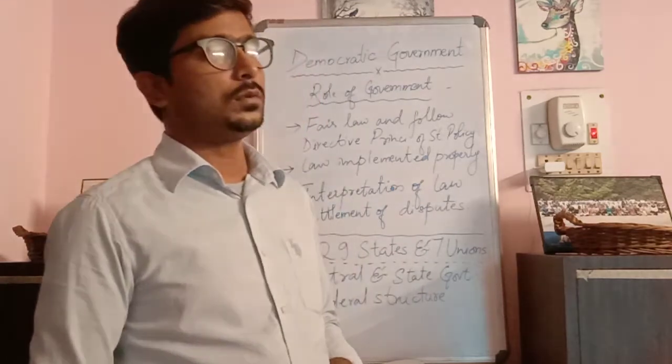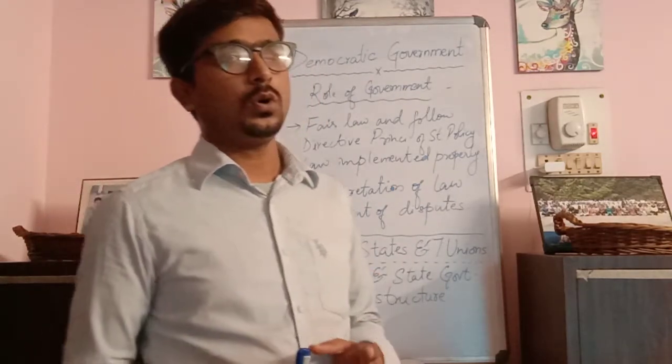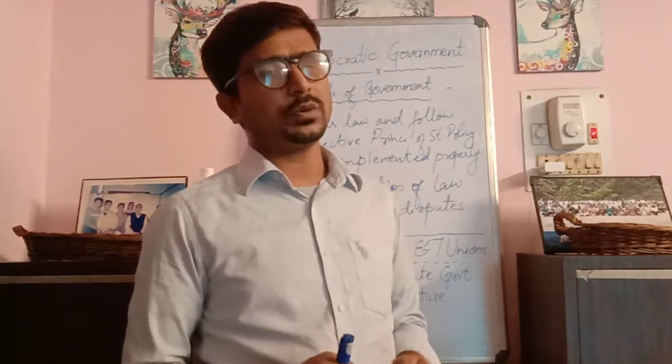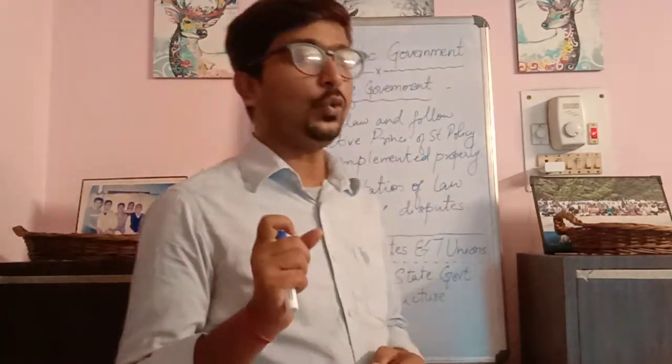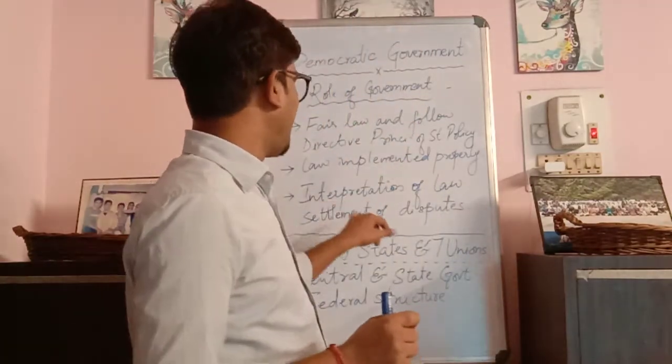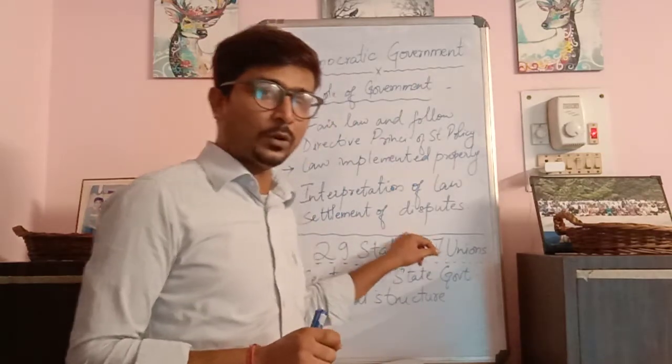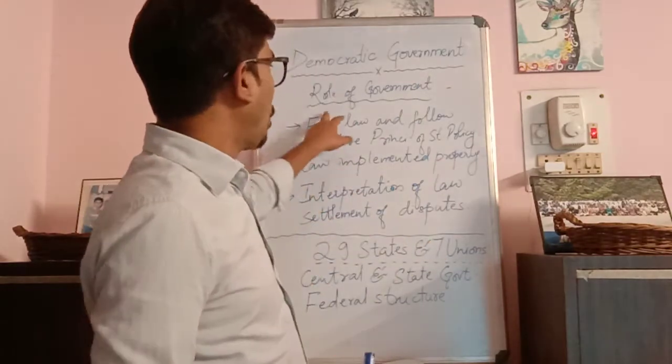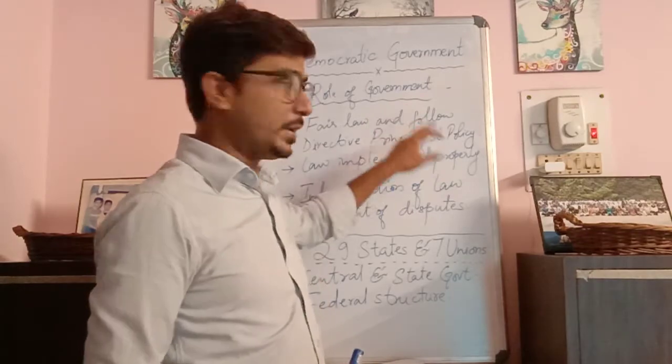Now, to understand this democratic form of government, first we'll have to basically know what government is. As you have all studied in our previous chapter also, government is that form of body which takes care of the laws, rules and regulations. And there are certain important roles that the government has to follow. A few of the basic things have been pointed out here. Now, the role of government. What is the role of government?